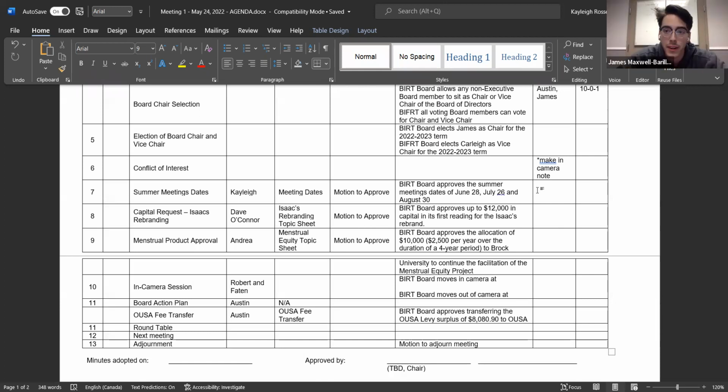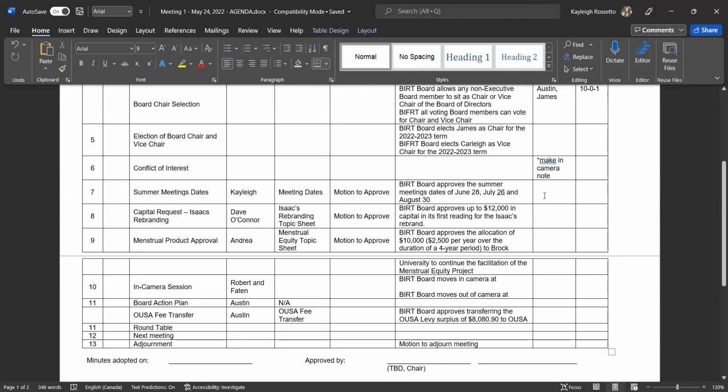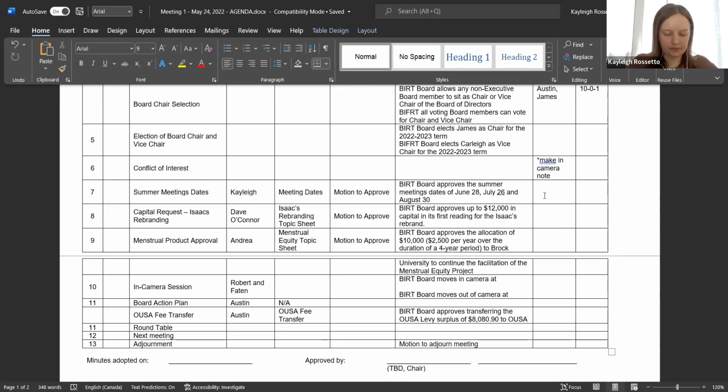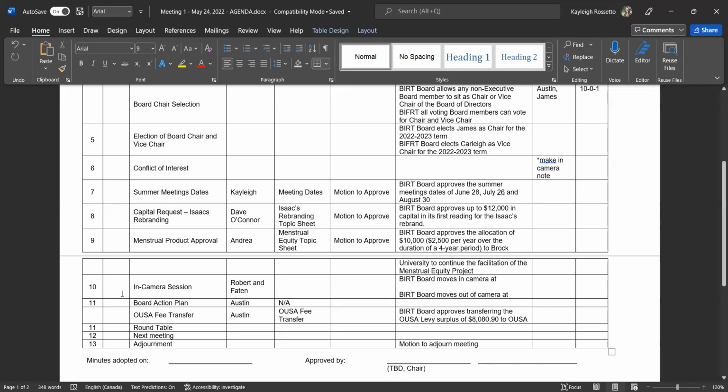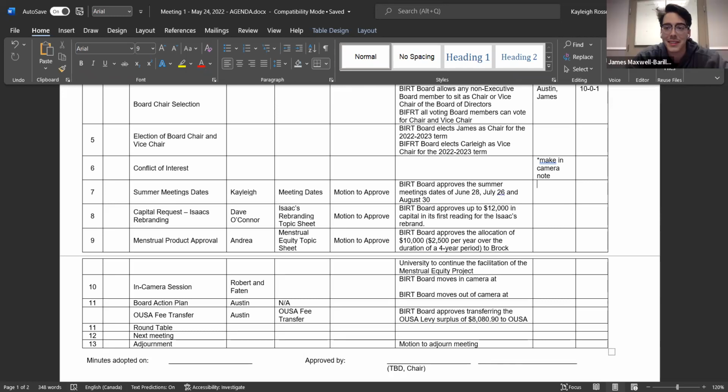So I'm assuming Mark and Carly's hands are to move and second. I actually have a question. Oh, yeah, go ahead. Would it be just, I guess, assumed that it'd be the same, like 6 to 9? Yeah. Okay, perfect. Thanks. Okay. So Mark's moving, and can we get a seconder?